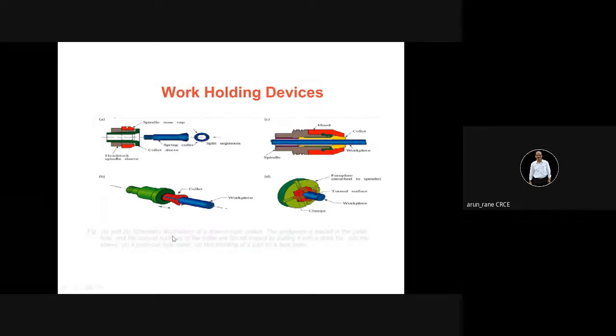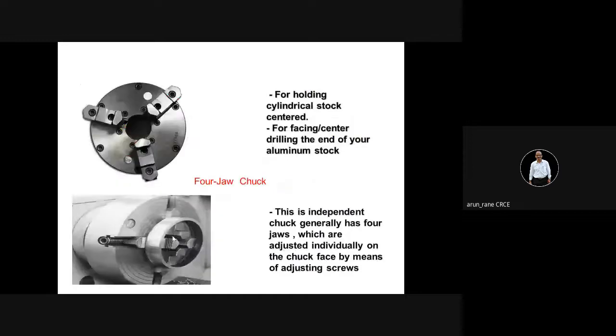Plus the concentricity, you don't have to prove the workpiece. In case of 3-jaw chuck, again you don't have to prove because that is a self-centering chuck. Self-centering chuck means your workpiece is centered automatically, whereas in 4-jaw chuck, you need to center the workpiece. So collet is also a self-centering device. That is, the workpiece gets centered automatically.